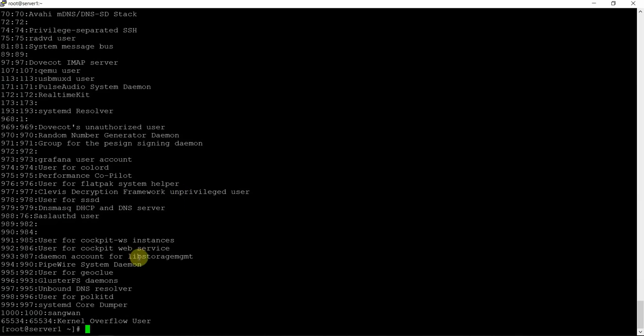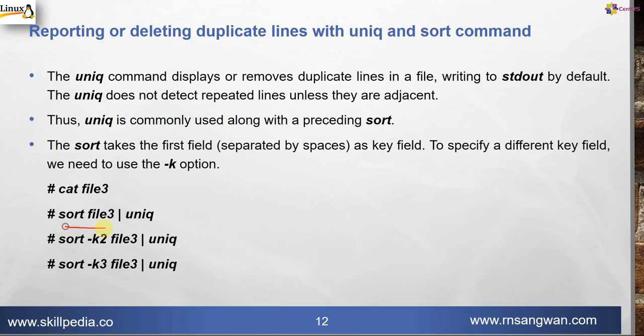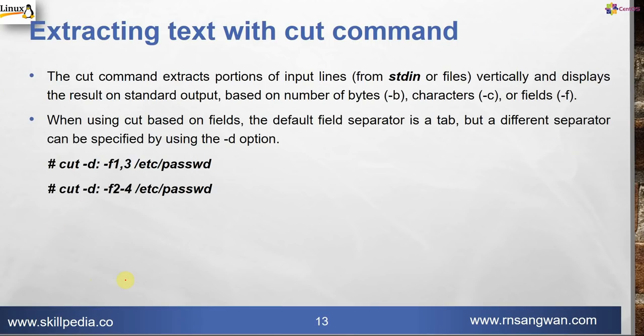So that is an interesting use case of the cut command, and then the sort command, and then of course if required, the uniq command. So we have done the sort command, sorting with -k, and then the uniq command also. The cut command I demonstrated: cut -d, field number, and the file, and the range of the fields also, that is vertically fetching the data. You can even decide based on the bytes or characters or fields. I used -f, by default it is -f only.